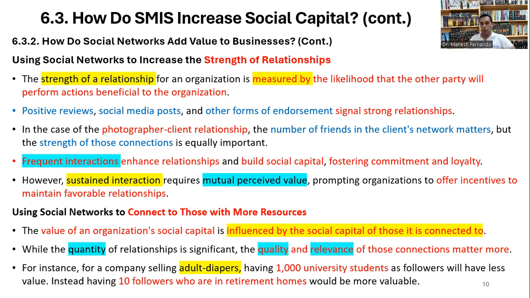There might be nothing to do with adult diapers for 1,000 university students, but the 10 followers in the retirement home might be interested. Likewise, you can see the relevance and quality of the context rather than the quantity of content when you are thinking about connections within the social media community.